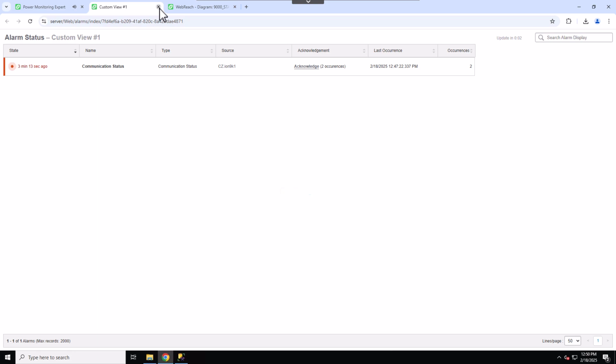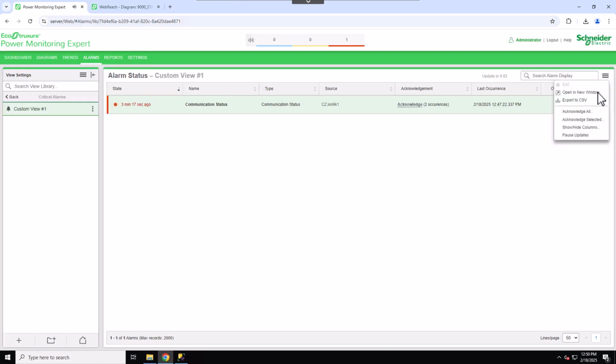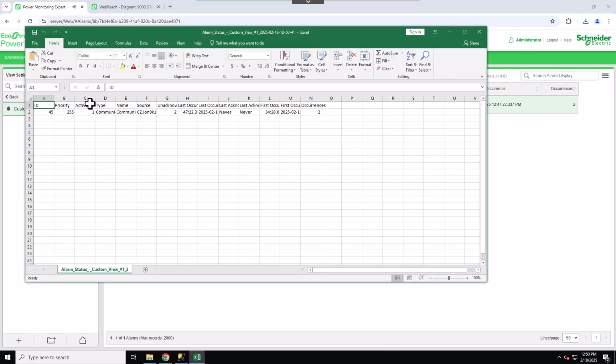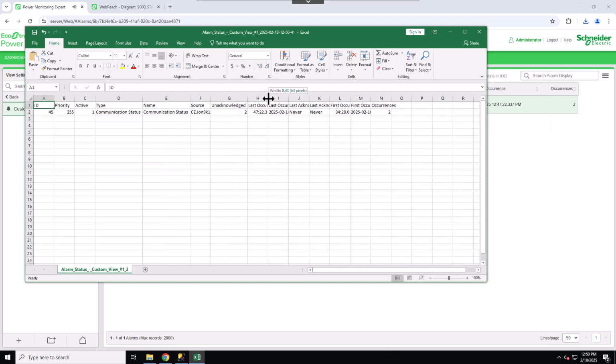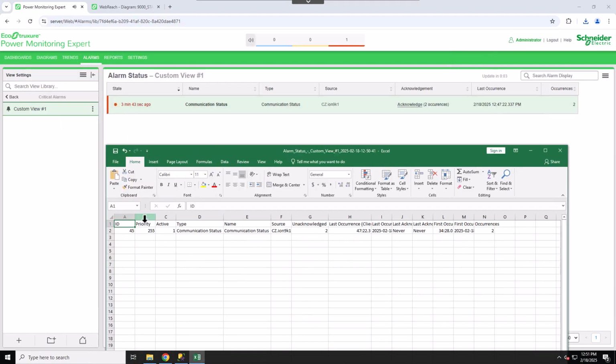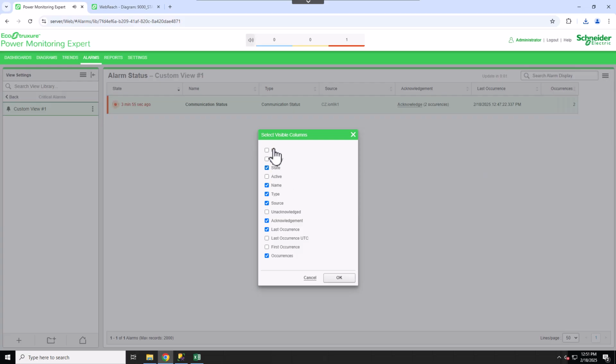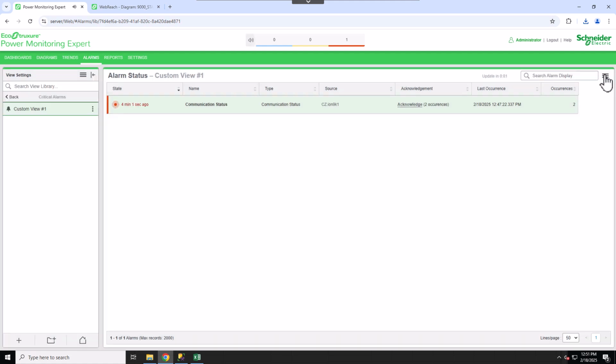Here, you can open your view in a new window, download your alarms as a CSV file, show or hide additional columns that will appear in the CSV file. Acknowledge individual alarms or all alarms at once.